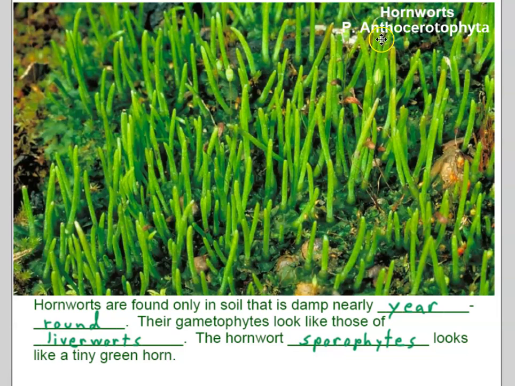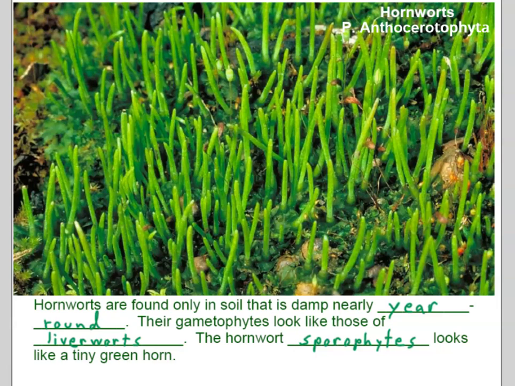The hornworts in phylum Anthocerotophyta are more similar to the mosses in that their gametophytes are low to the ground. So we can barely see them in this image because what's sticking up here, these horn-like structures, are the sporophytes, and the sporophytes are pretty large compared to the gametophytes. If you look down low to the soil, the gametophytes are all over the place, and all these what look like blades of grass sticking up are the sporophytes, and they're growing from the gametophytes, just like we were looking at in the diagram of the moss a couple slides ago.